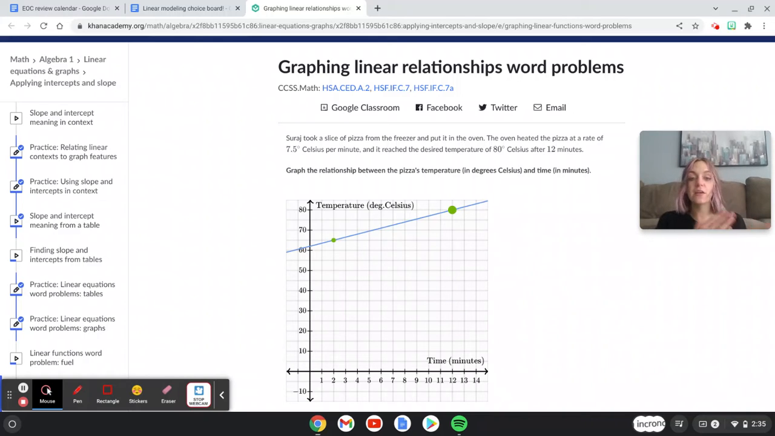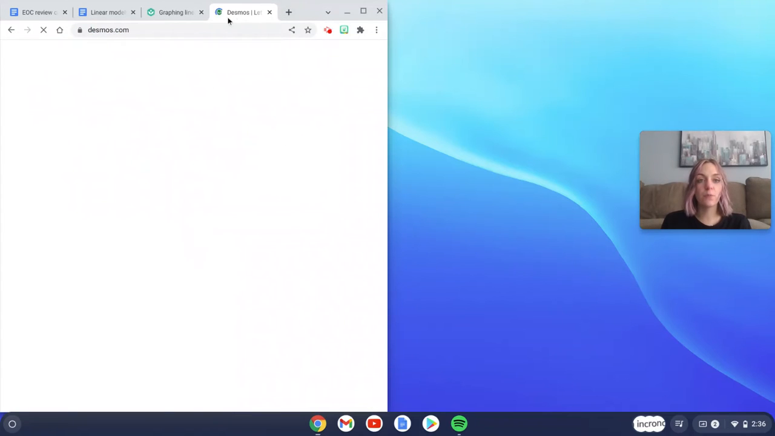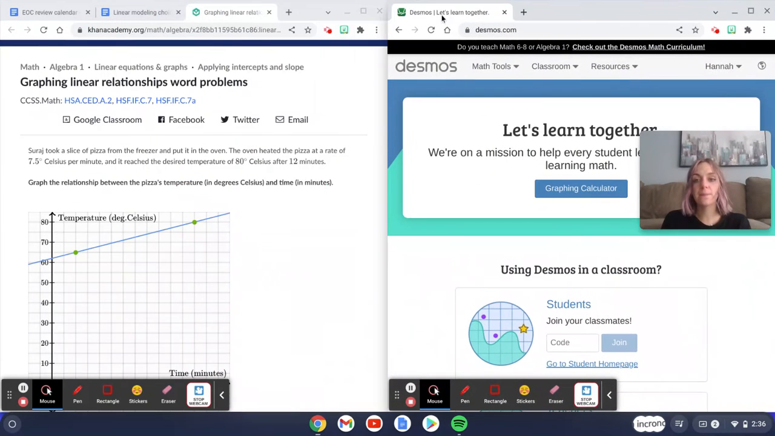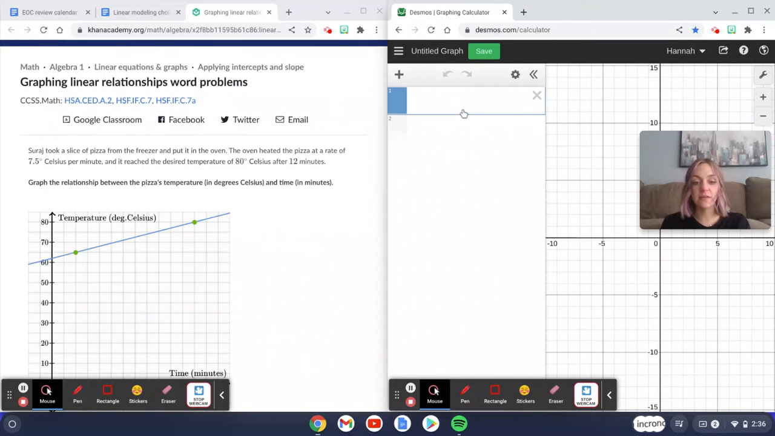So this is going to be increasing because it starts at a lower temperature and then it rises until it's ultimately 80 degrees Celsius. Now, it's kind of hard to graph 7.5. We can't really do it. So instead of graphing 7.5, I'm going to say, okay, if my slope is 7.5 over 1, so 7.5 degrees per minute, what if I multiplied both of those numbers by 2 so that I have something that's easier to